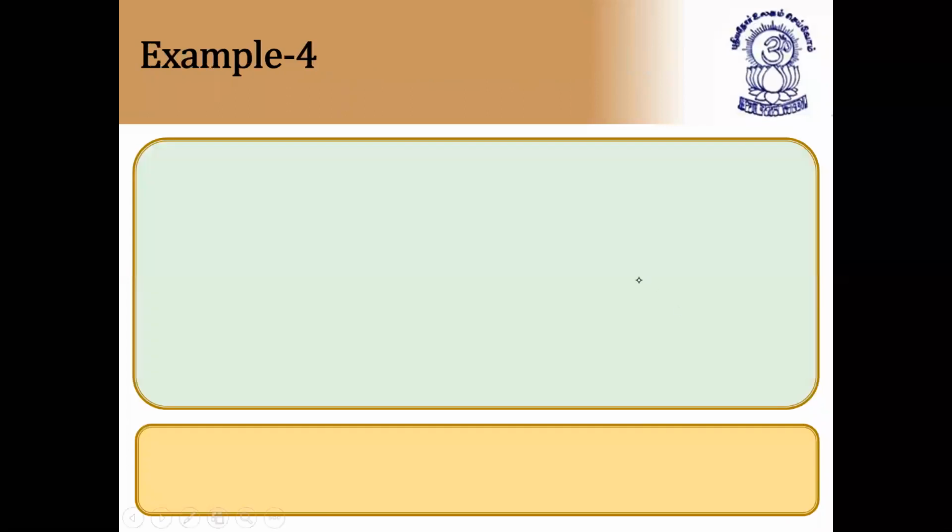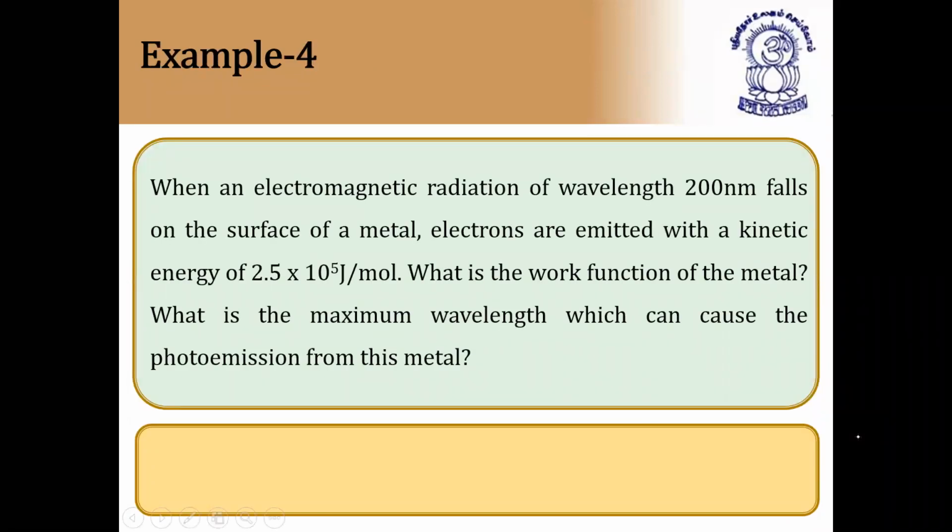Photoelectric effect and problems based on it are most important for the exams. When electromagnetic radiation of wavelength 200 nanometers falls on the surface of a metal, electrons are emitted with a kinetic energy of 2.5 into 10 to the power 5 joules per mole. What is the work function of the metal, and what is the maximum wavelength which can cause photo emission of this metal? Coming to the work function of the metal, we can say straight away